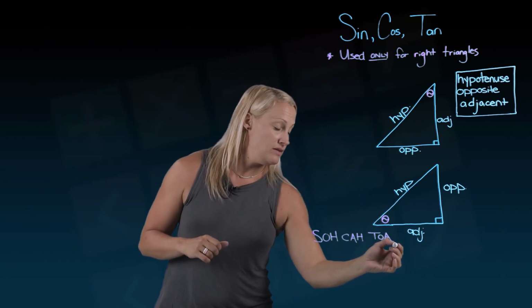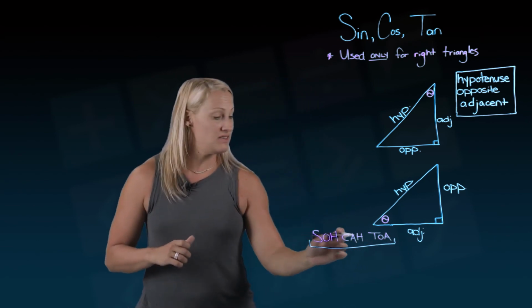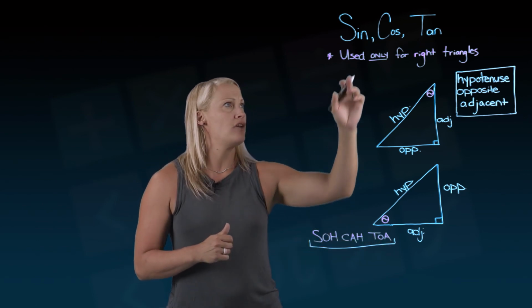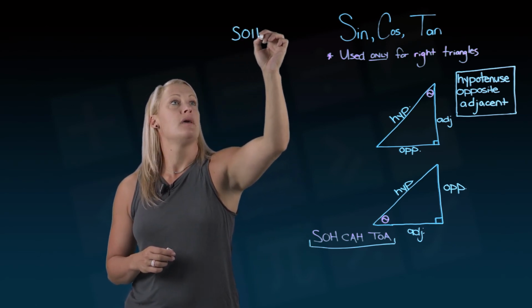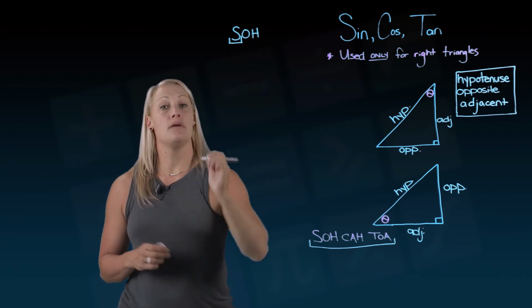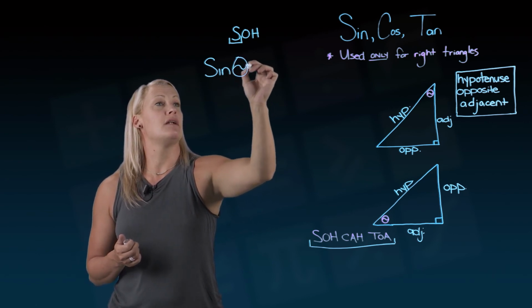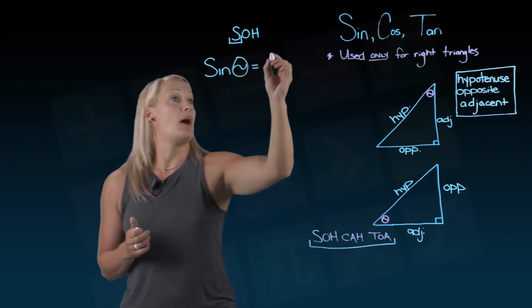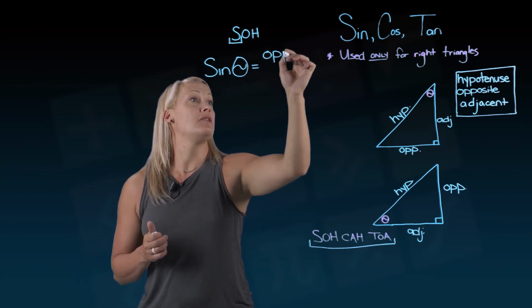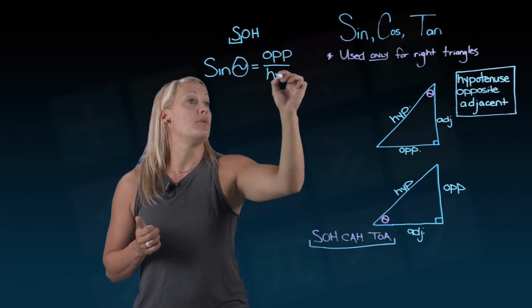If you haven't seen this before, I'm going to talk you through it. SOHCAHTOA. It's actually just a quick memory aid to help us remember all three of those trig ratios. So first we have SOH. The S in SOH stands for sine. And I'm going to put the little theta, the little unknown angle sign beside that. And then the O stands for opposite. And we're going to put that first letter on the top of a fraction. And we're going to put the H, hypotenuse, on the bottom.